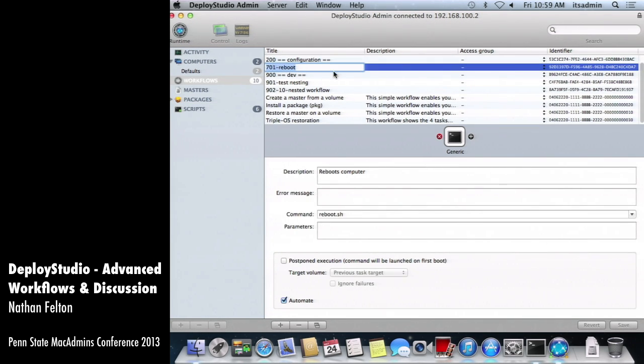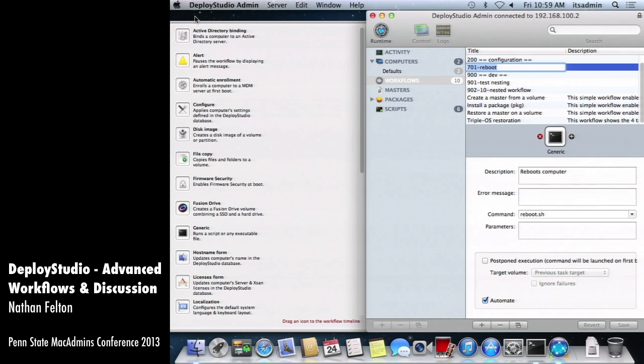And then you can double click and name it, whichever you like. And then this part is what I kind of dislike about DeployStudio. You have to press this little plus sign here, and nothing happens, right? I do shift click on the plus sign. What happens is DeployStudio usually pops this out, but because you're at full screen, you have to make it show it. And then once that's done, you take this task, your generic task, there you go,